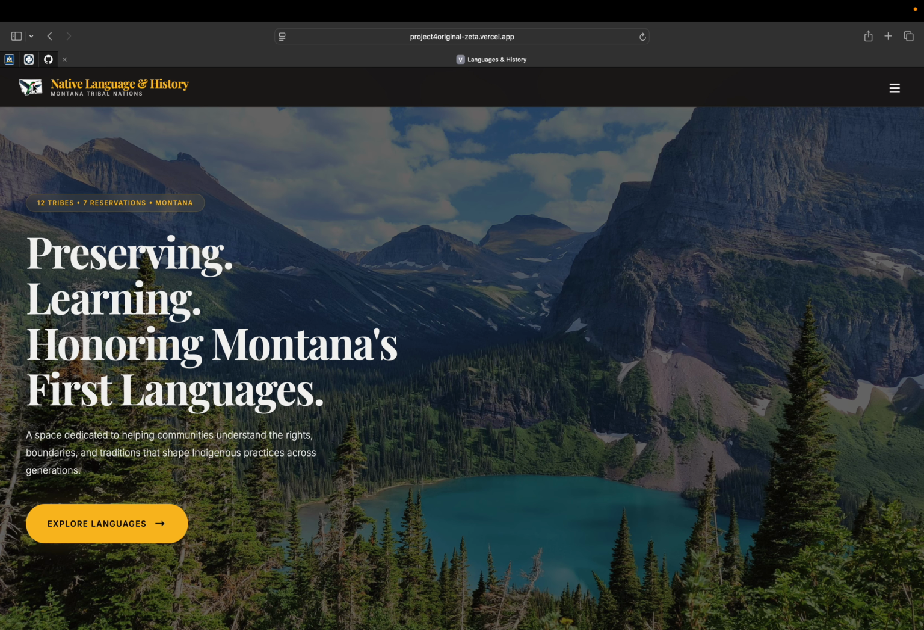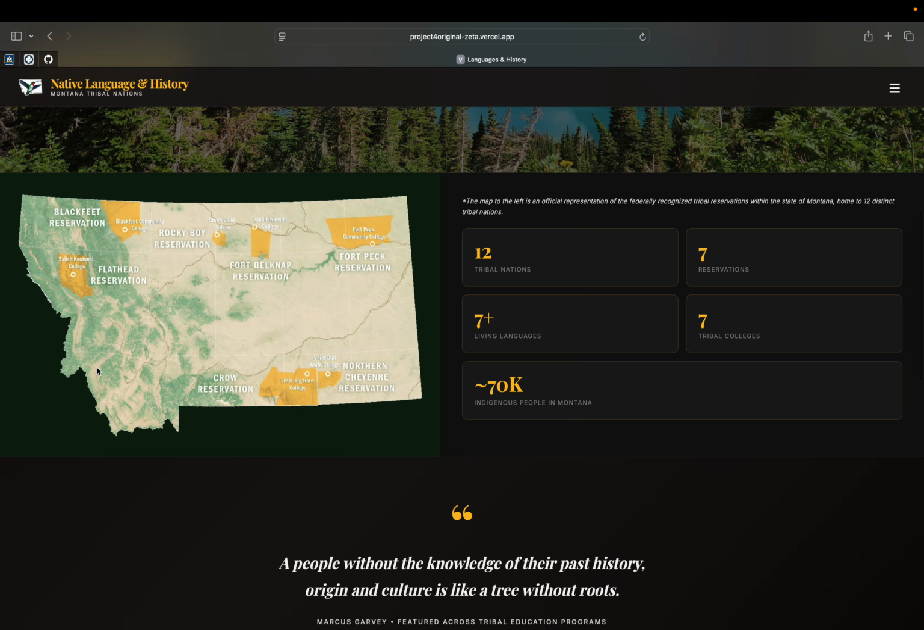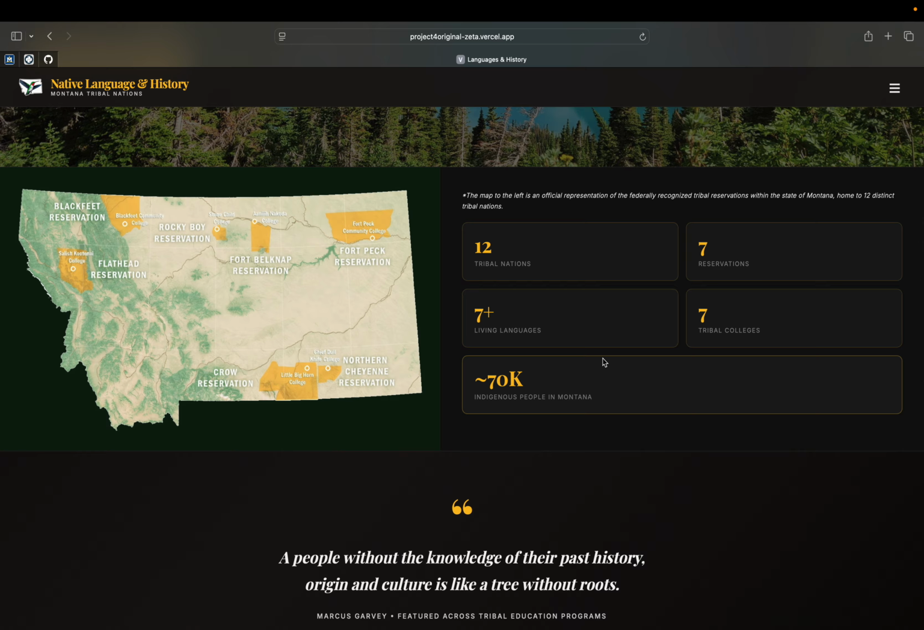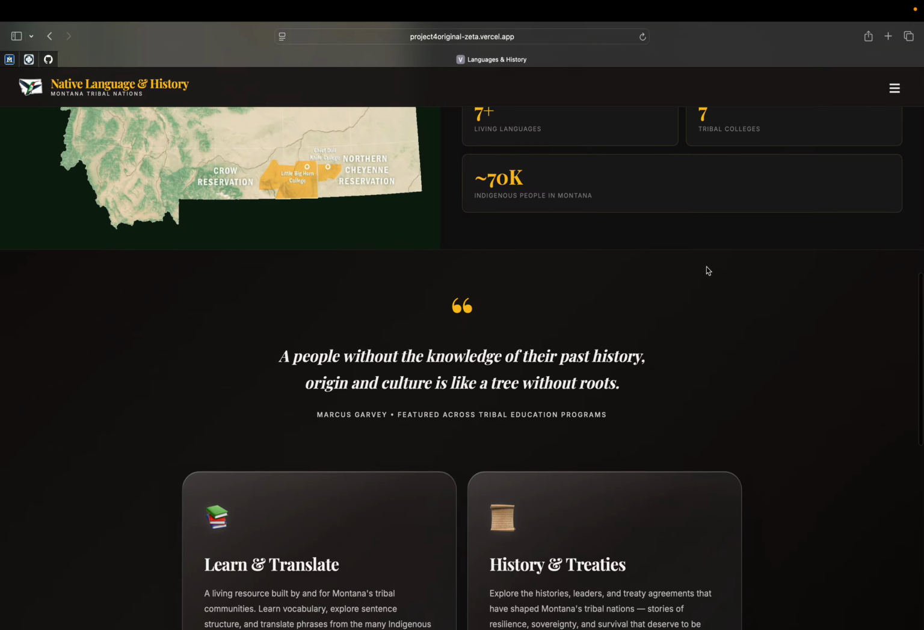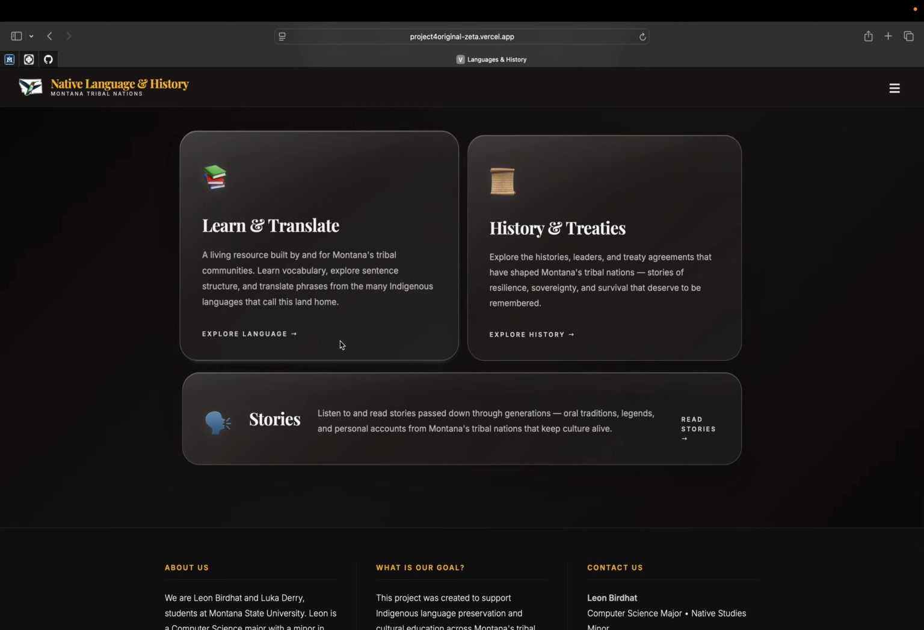On the landing page, we have "Preserving, learning, honoring Montana's first languages." We have a picture of the 7 tribal nations that are within Montana, the reservations that are within Montana, along with a status report of how many indigenous people reside within Montana, the 12 tribal nations, 7 reservations, 7 colleges, and 7+ living languages. For the buttons here, we implemented the links to the Learn and Translate, History and Treaties, and Story